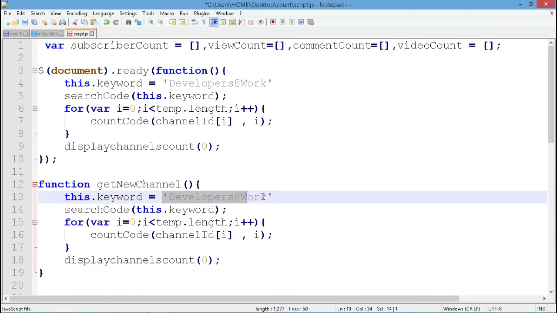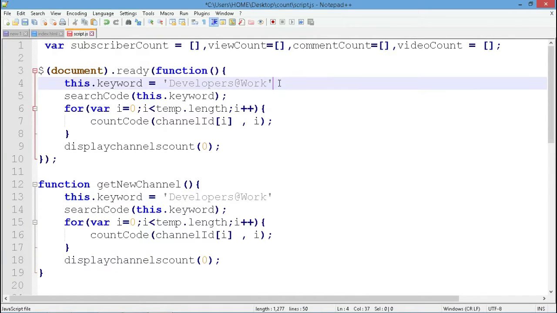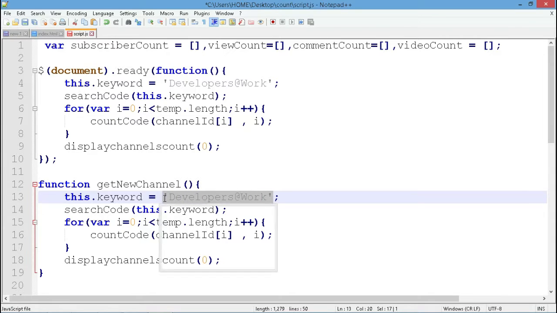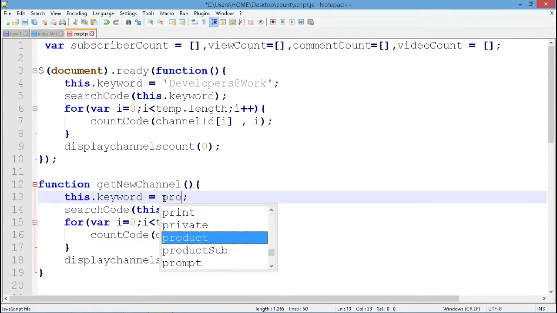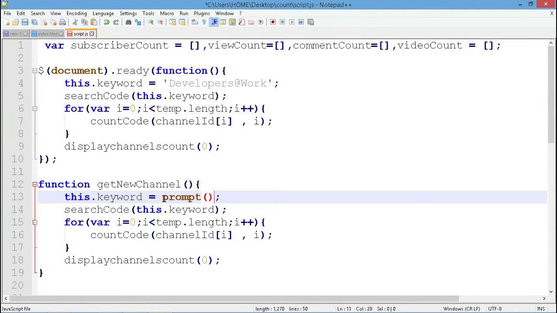Coming to this keyword, I just forgot to place the semicolon right there. That's very strange, it doesn't generate any errors. Okay, so here we're going to use the prompt, and we're going to have the parentheses again. We're going to place the first string, and I'm going to ask to enter the channel